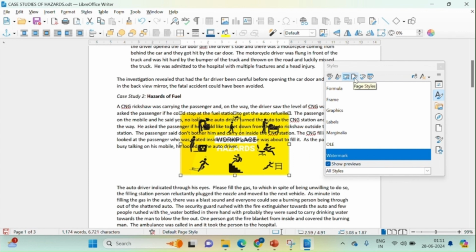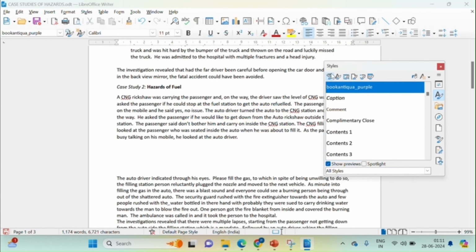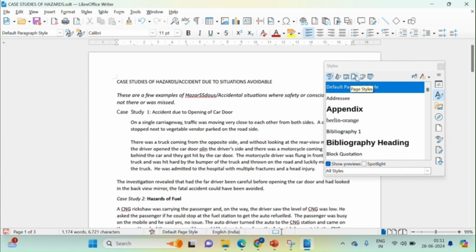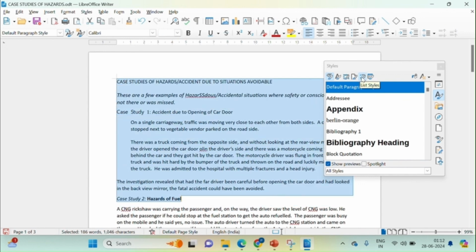So now next is page styles. Now how do page styles work? Let me go back to the normal default page paragraph style. So now we'll be implementing page style. Page style is all about changing the page settings. So what do page settings include? It may be margins, it may be the indentation, it may be the orientation, maybe landscape, maybe portrait, depending upon the user's choice or whatever page style we are implementing. So page style is implemented for the entire page that we have selected, or maybe for the selected text as well.